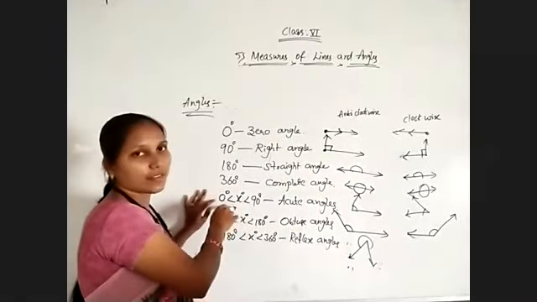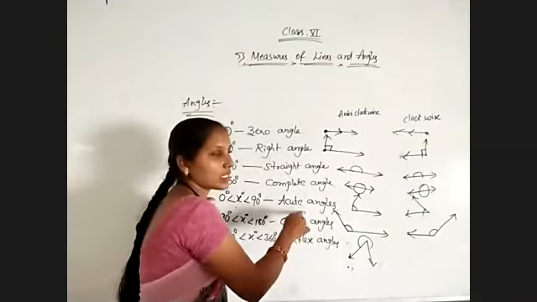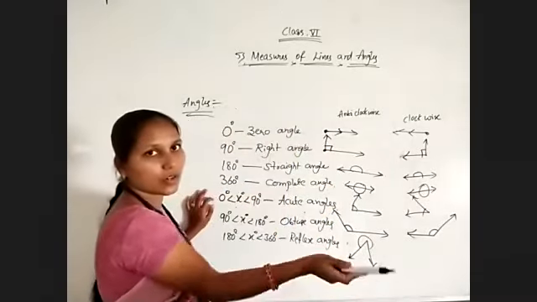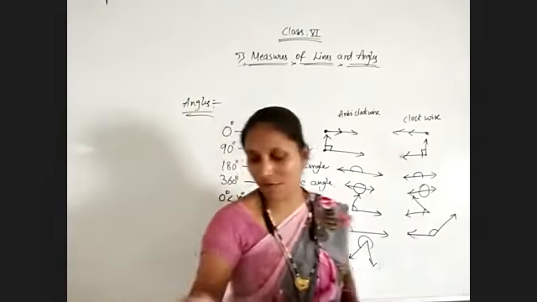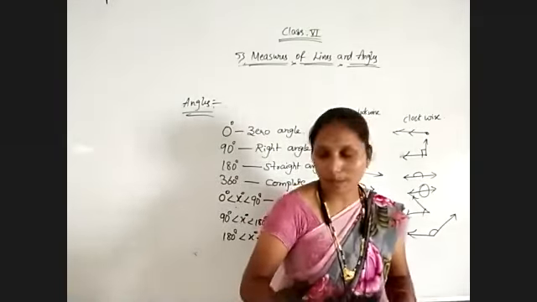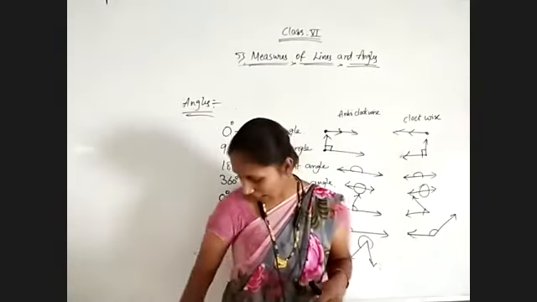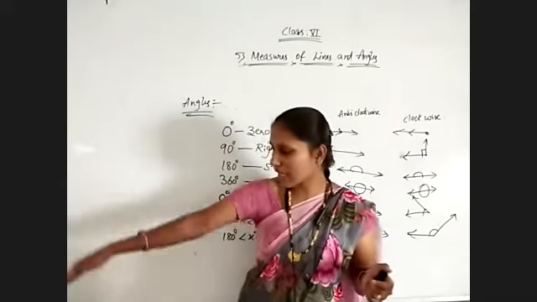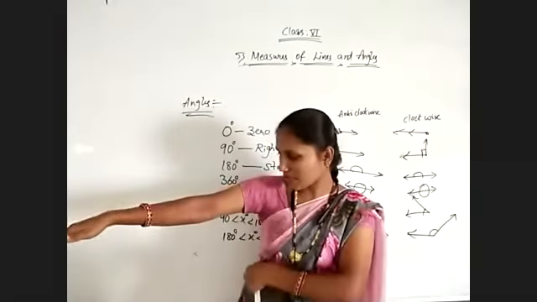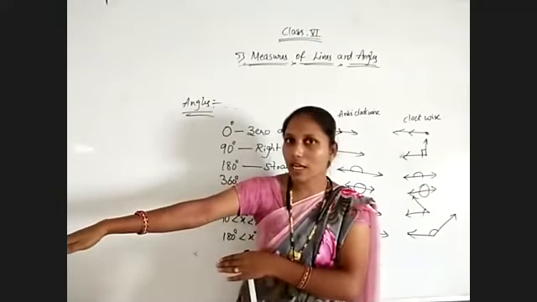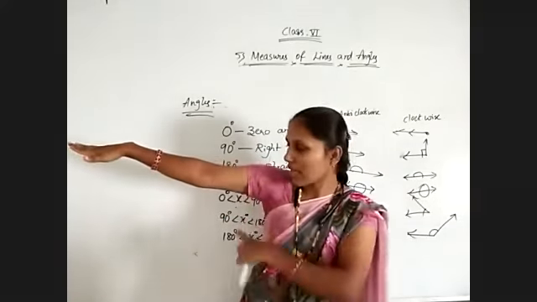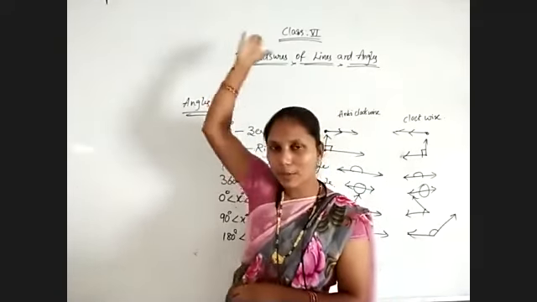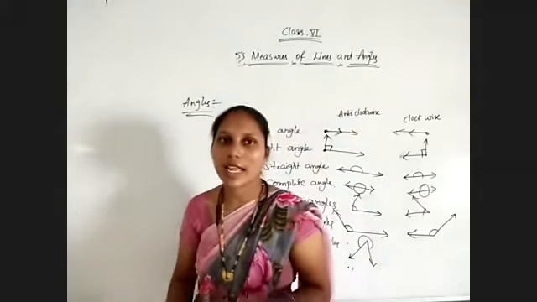0 to 90, whatever angles are that, all those are called acute angles, because below 90 compulsorily you will not get an L shape, lesser than that only. See, observe my hand and my body. If I am keeping my hand like this, then I will not get any angle between my hand and body. So zero angle. If I am placing my hand like this, less than 90 degrees, so acute angle. If I am placing like this, L shape, so it is a right angle. More than this, obtuse angle. If I am placing it straight, that is a straight angle.